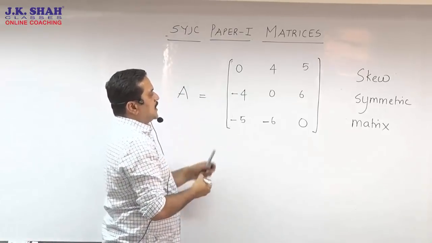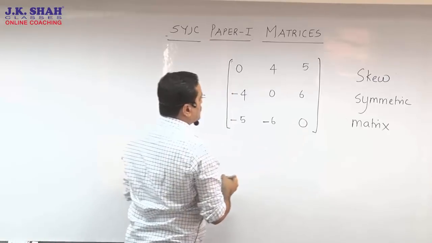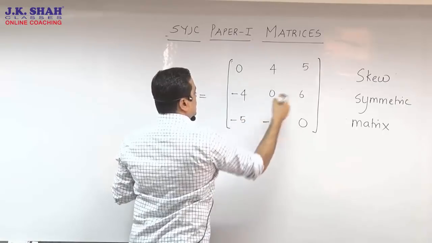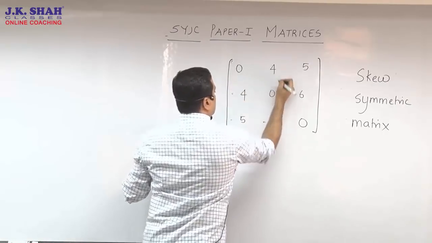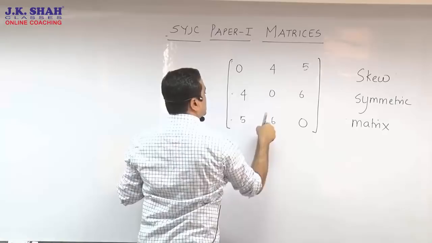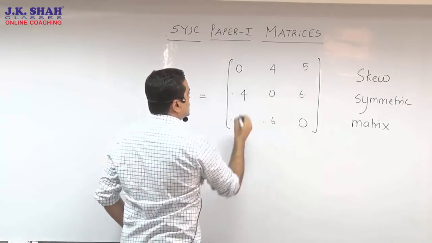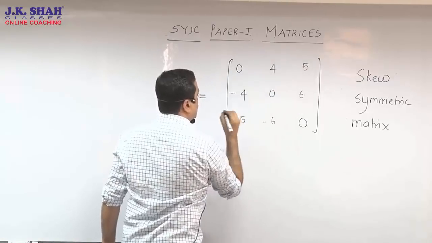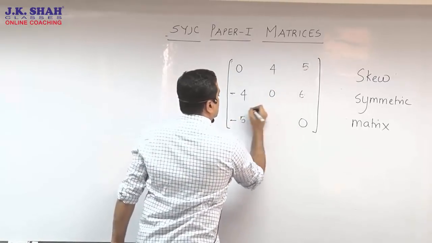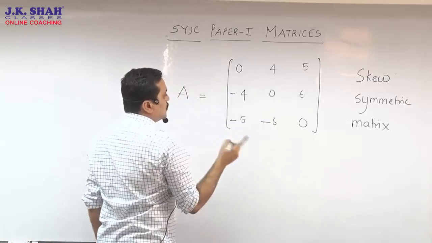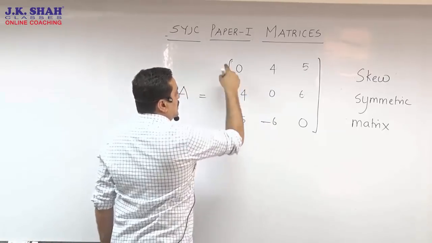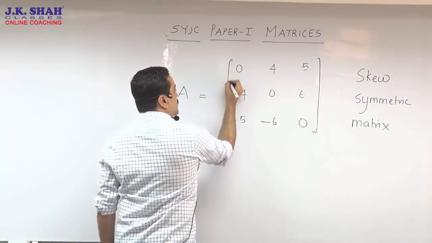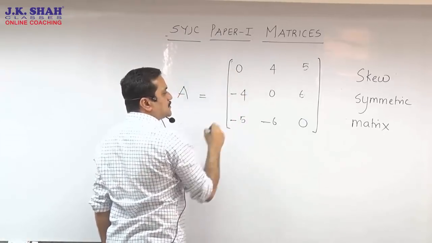Now just before that you saw a symmetric matrix where the diagonal elements across were the same. Earlier I wrote 4 and 4, 5 and 5, 6 and 6, but in this case it's 4, so here we have got minus 4. That's 5, so here we have got minus 5, that's 6, so here we have got minus 6. That means what you are seeing right now is, leaving aside the diagonal, on either side of the diagonal, elements have the same magnitude, but they are opposite in sign.